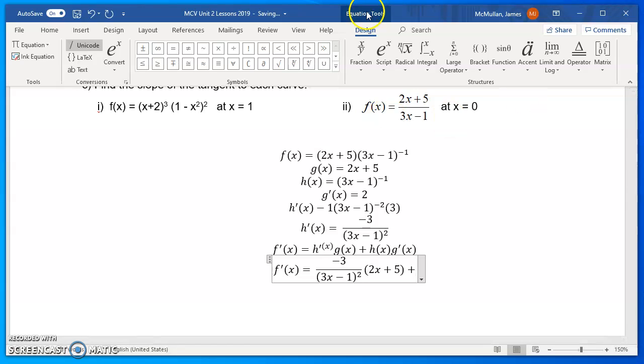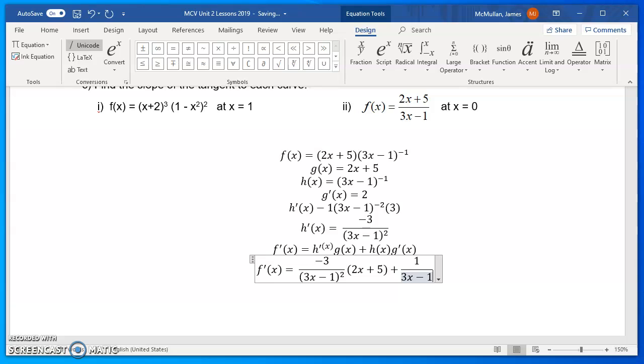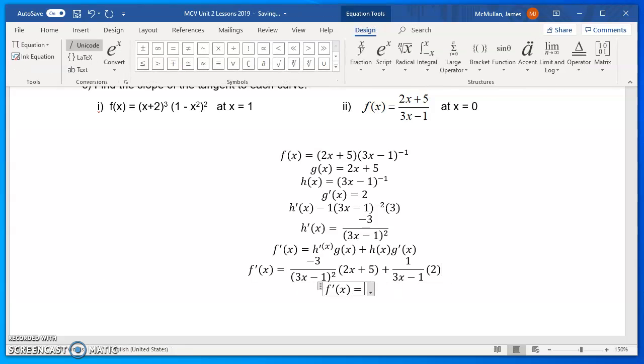So let's just do it as a fraction again. I have 1 over 3x minus 1, and then this is multiplied by the derivative of g, which is just the 2. So you can clean this up a little bit without too much difficulty, right? Where you're going to say this is -3 bracket 2x plus 5, and then 3x minus 1 squared on the bottom, and then this is